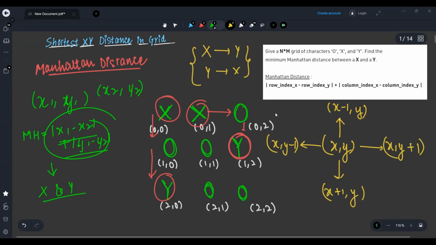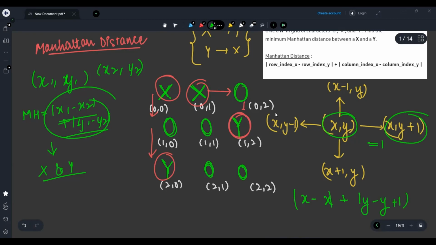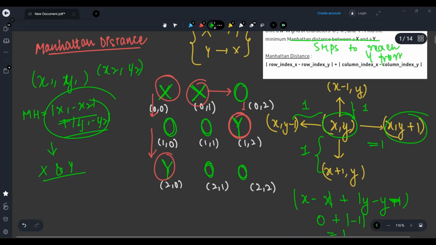We will observe that the Manhattan distance between (x, y) and (x, y plus 1) will be 1. Why? Because x minus x is 0, and y minus (y plus 1) is minus 1, and the mod of minus 1 is equal to 1. Similarly, we will find that the Manhattan distance to all four neighbors is 1. That means our question boils down to finding the minimum